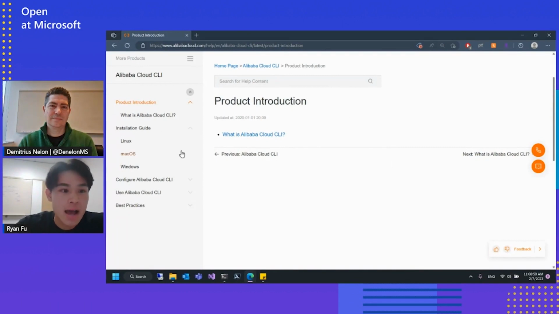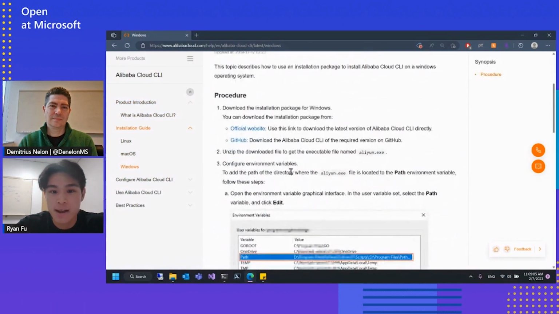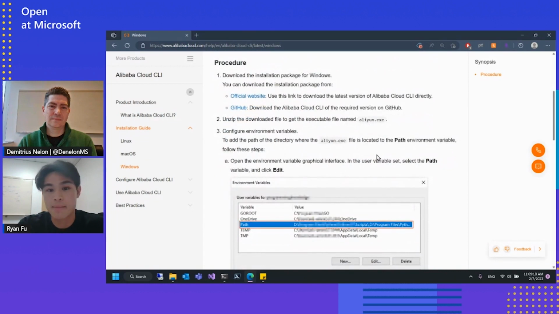So in here, I would go to the product introduction, look for Windows, and then I would try to find where the download is. Specifically for this package, it's a command line tool, so that probably involves a little bit more steps, such as configuring the environment variable